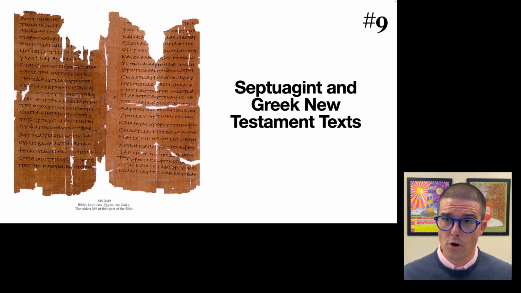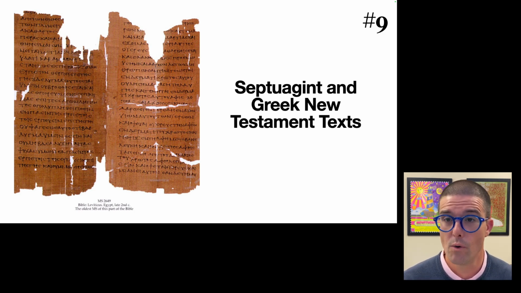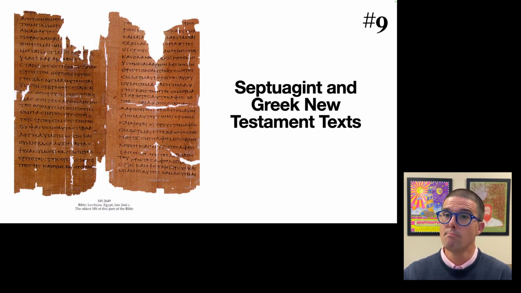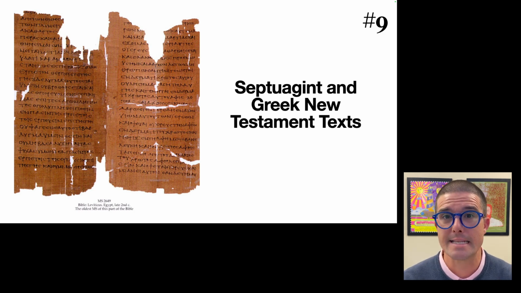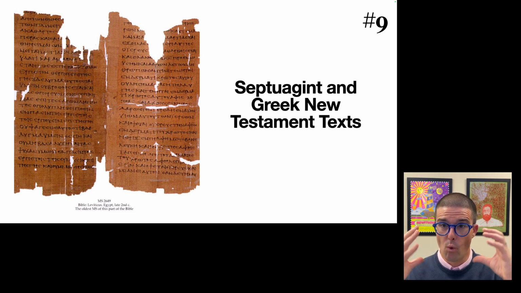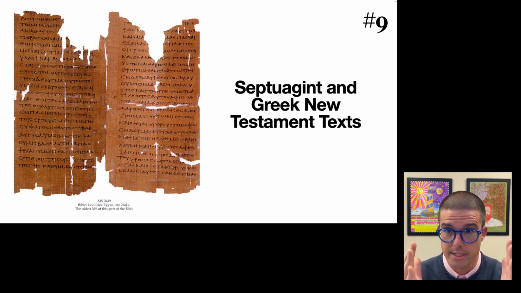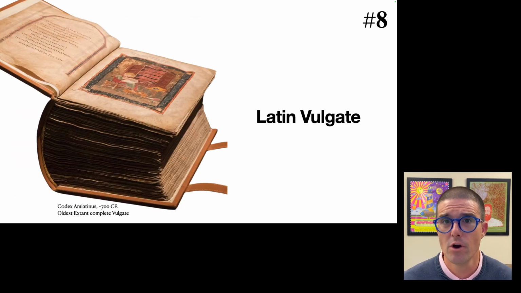But for their early histories, they were collected together not in one single bound volume, not in one single book, but existed more individually or existed in groups. You might have some letters existing together or a collection of the Gospels existing together. But for the very early history of both the Hebrew Bible and the New Testament, we don't have one single collection, one single edition of these things. That does start to change, however, when we move towards the Latin Vulgate.